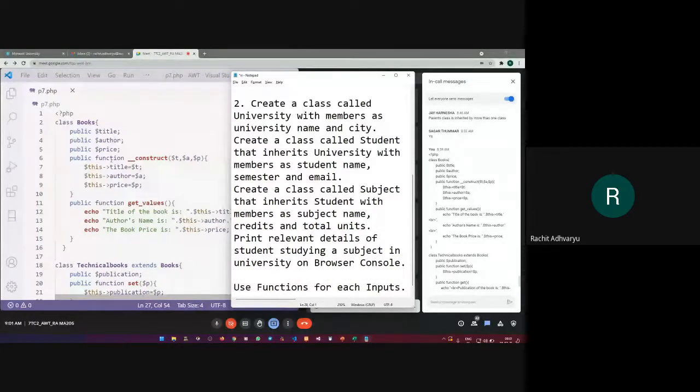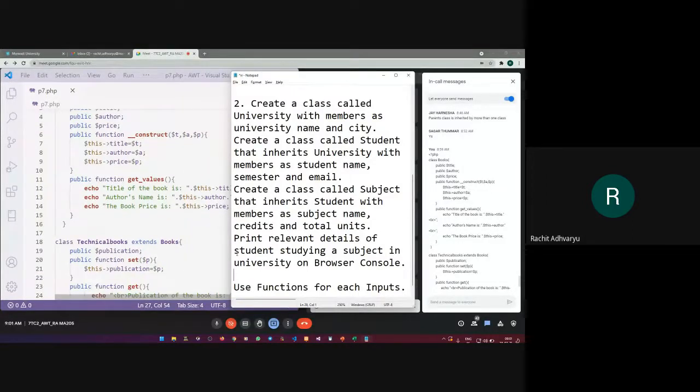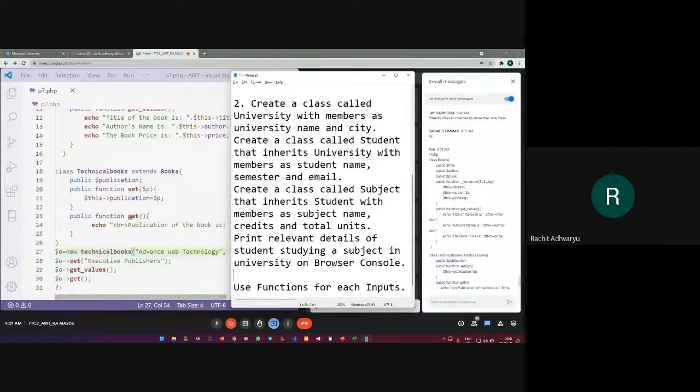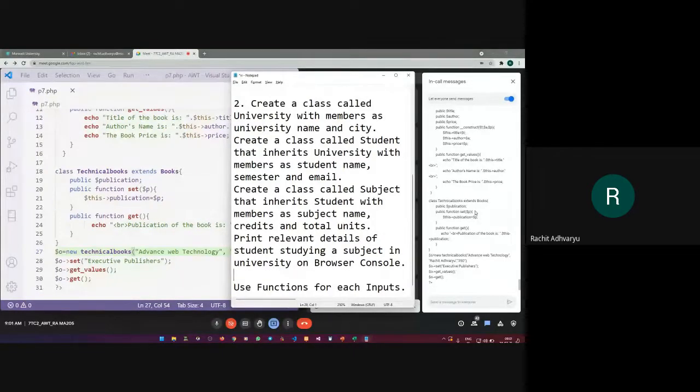So same thing, you need to take a constructor for university details. You can take another constructor for student details, and you can create a function for subject details. Now it's up to you how you implement this one. I want the answer of this one in the chats. For the first program, I already gave you the answer in your chats. Now for the second program, you need to do it. So it will be a practice of single inheritance as well as multi-level inheritance.